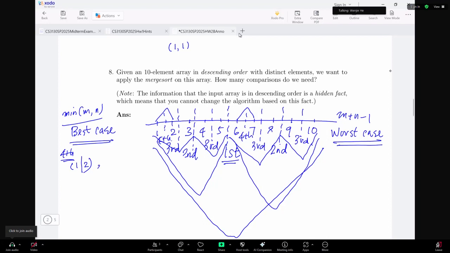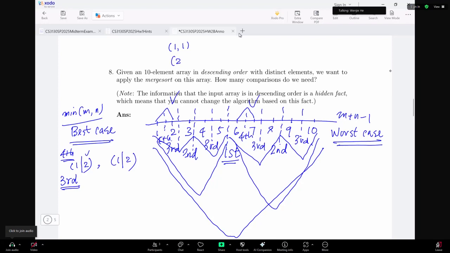Then we have another one, 1 vertical bar 2. So for these 2 merges, that's the fourth round. Then the third round, also the best case. This time we merge 2 and a 1, because this time we use that 2